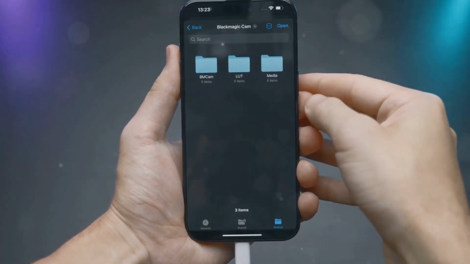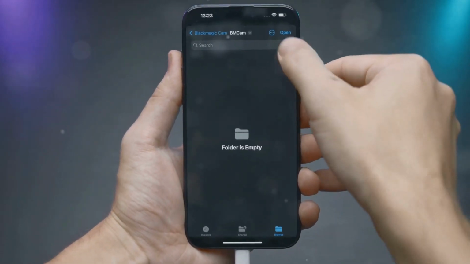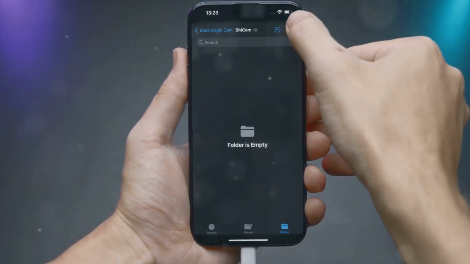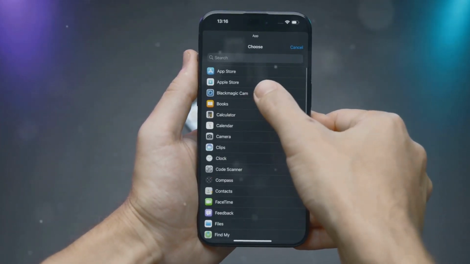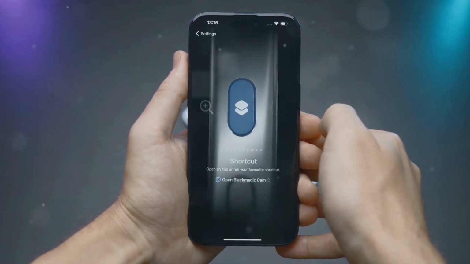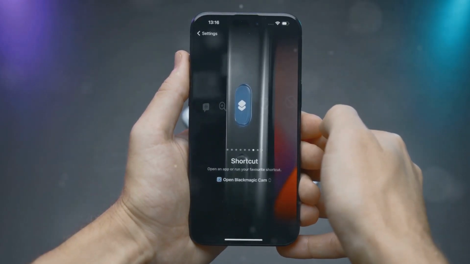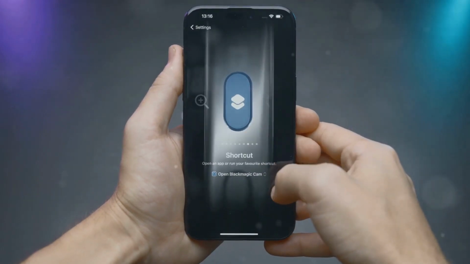Next, tap on Choose a new wallpaper. You will be presented with several options including dynamic, stills, and live wallpapers. For this purpose, we want to select a still wallpaper. Scroll through the available options until you find a solid black image. If a black wallpaper is not available, you can download one from the internet or use a photo editing app